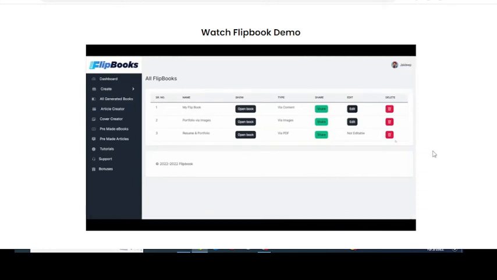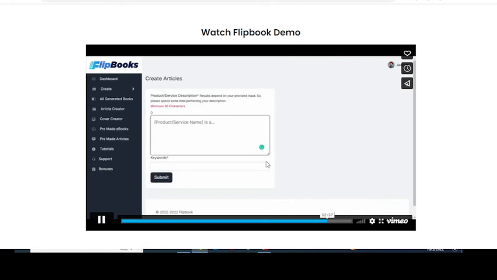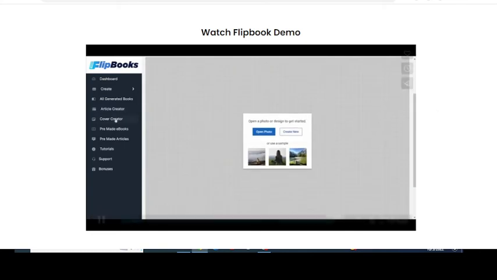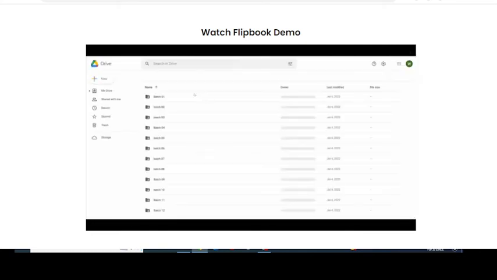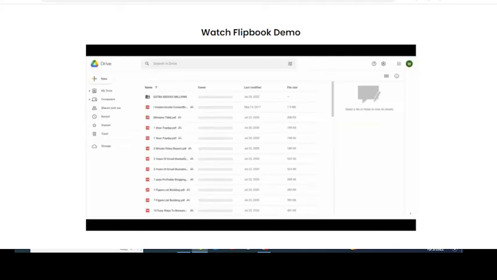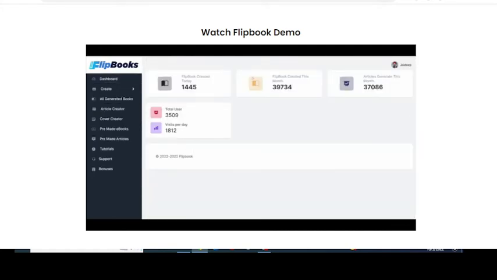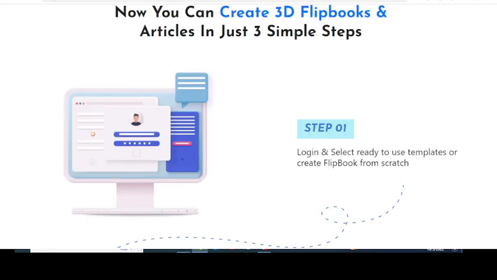There are so many. You can see all these trees here. You can name the article whatever you want, whatever it is, and just make the final draft. That's it. So this is one more demo, you can see here, and you can also open it and check it out on the website as well.